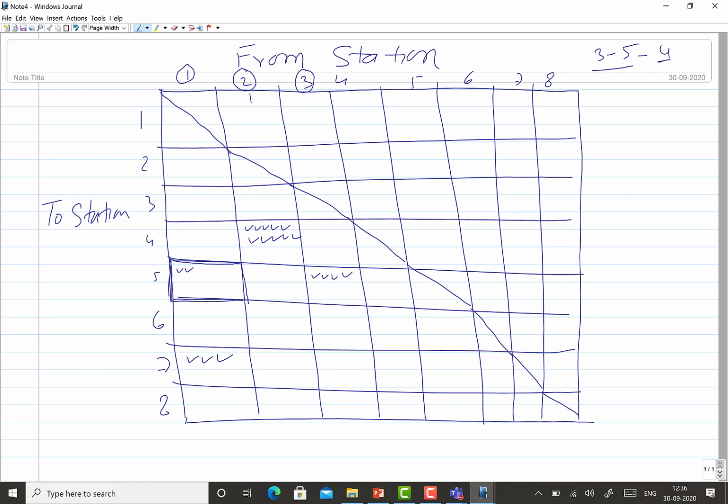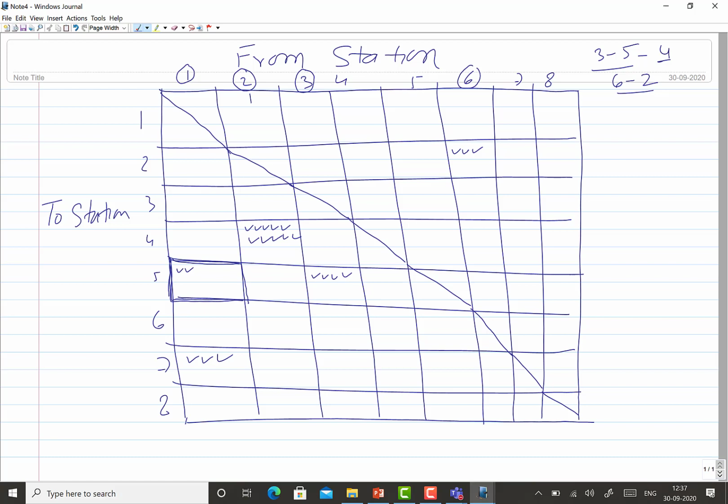So here we'll put 4 tick marks like this. Say the movement from station 6 to station 2 is taking place. So station 6 is this. We will move down like this, up to the box which is opposite to station 2. Say 3 movements are to be shown, so we simply put these 3 marks. This is how we show movements from stations to stations.